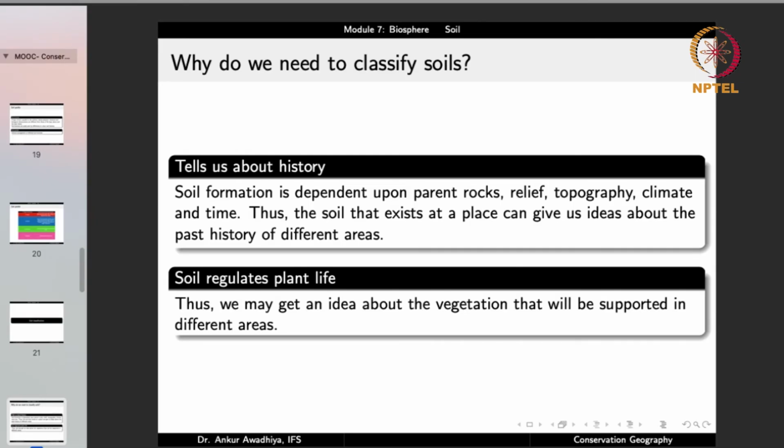area. So for instance, if you go to an area and you find certain minerals that are very much found in a particular soil, say your soil has a lot of placer gold deposits. So this can give you an idea that okay, this soil has come from an area where the rocks bear gold. Now similarly, we can look at the mineral composition to understand what are the rocks that were the parent material for this soil. How did this soil come into existence?